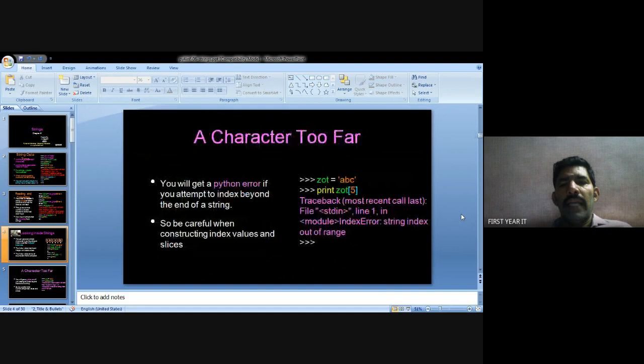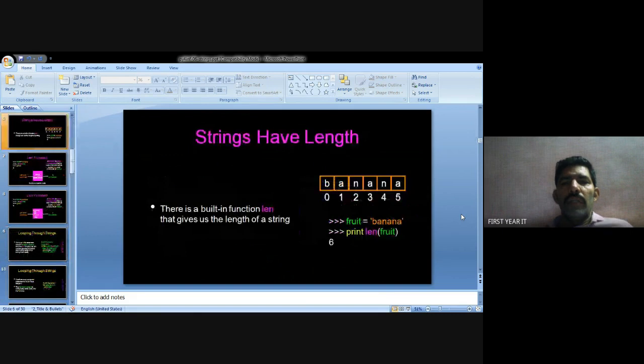Next example is called the length of a string. The len function represents the length of strings. I put banana as the example. The banana starts with b at the 0th position.